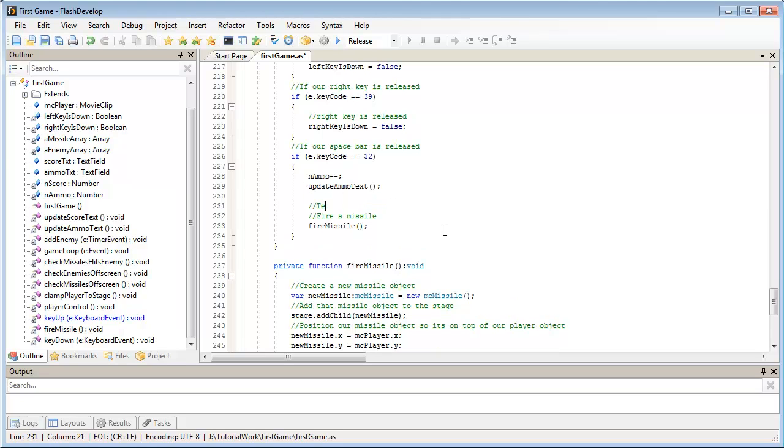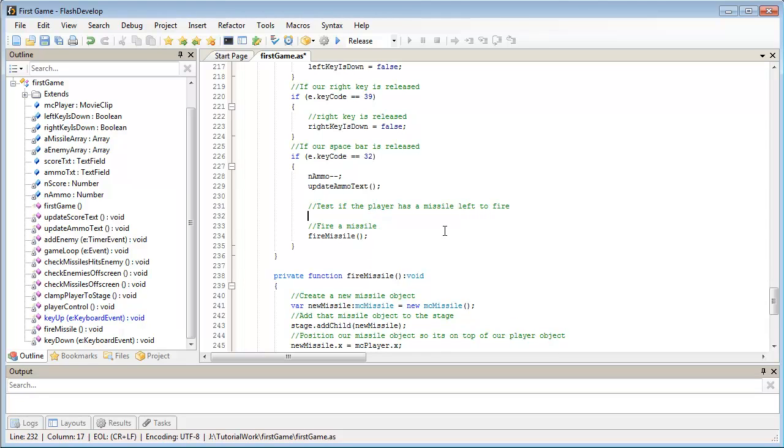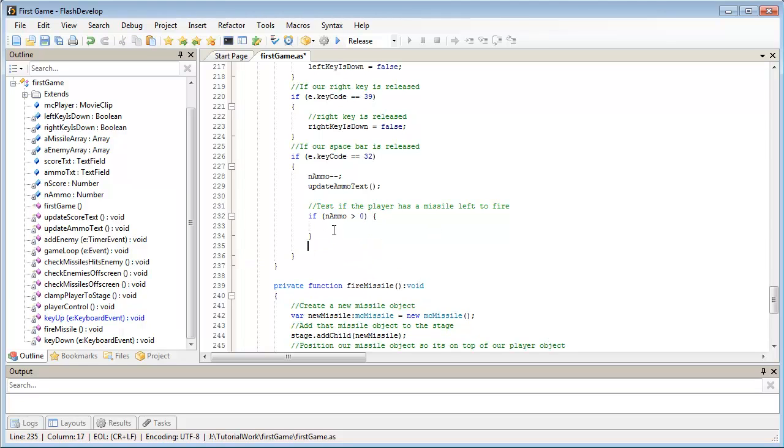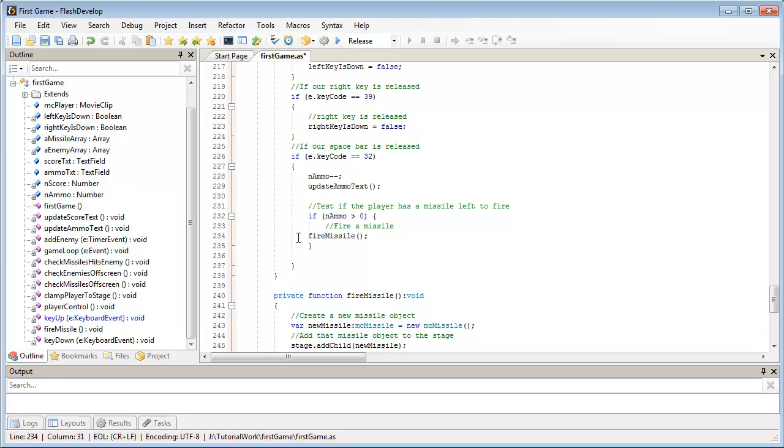So on the next line I'm going to type test if the player has a missile left to fire. So we'll do an if statement to see if n ammo is greater than 0, and if it is, then go ahead and fire a missile. So I'll just cut that out and put it in here, fix up the tabs,